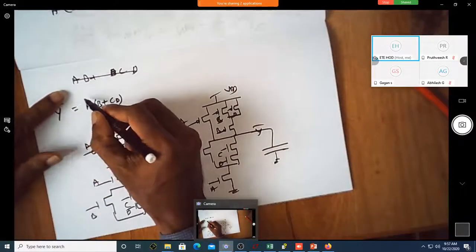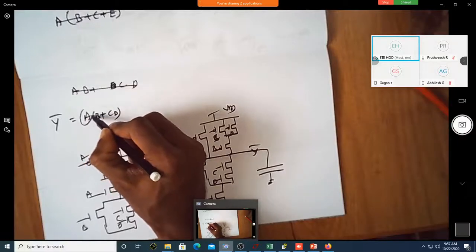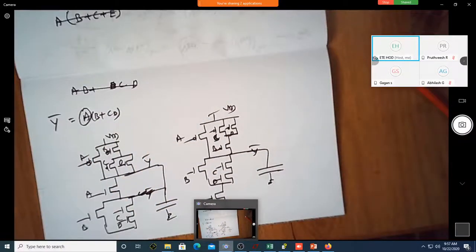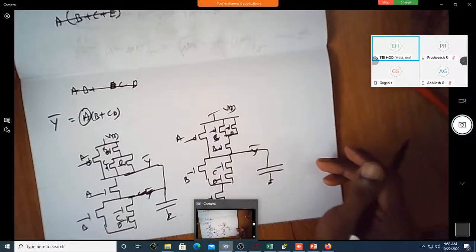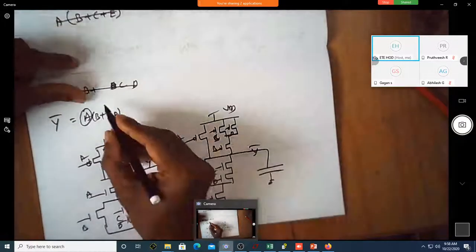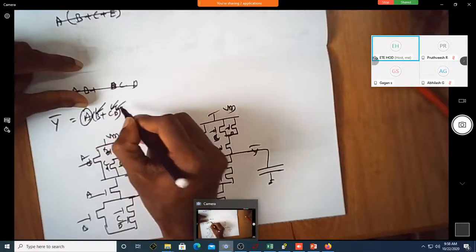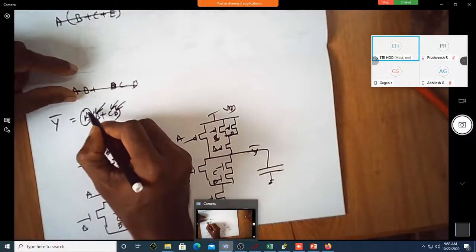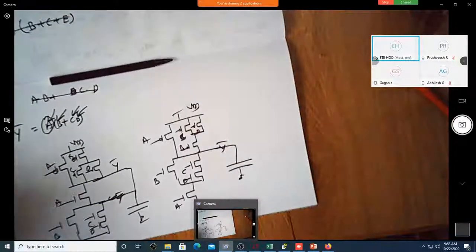Now suppose I say A is the critical input. What do you mean by critical input? A is a critical input, or maybe highest priority input. Highest priority input, meaning the signals for B, C, D will already be available. You'll be simply waiting for A. So it is something like this. How do I give an example? Assume that for a function, you have a chief guest.